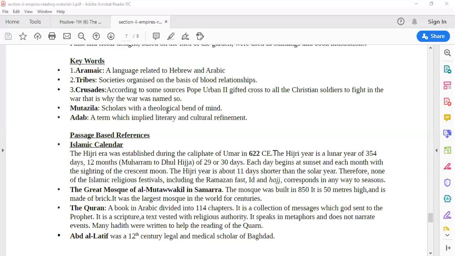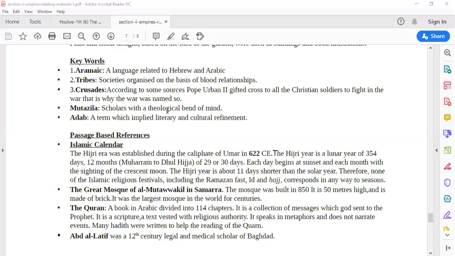Many hadith were written so that it could help reading the Quran. So one of it is there in your books. It's Quran chapter 31, verse 27. And if all trees on earth were pens and oceans were ink, with 7 oceans behind it to add to its supply, yet would not the words of Allah be exhausted in the writing. So it means there was so much to write that even so much would be less. Yes. So that is Quran. You can read more about it in that book.